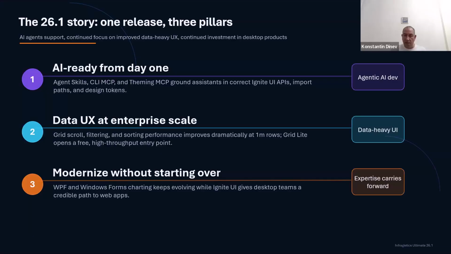But at the same time, we make sure that if for any reason you need to move your applications from the traditional desktop world into a more modern web stack, you can do that without experiencing any pains. So the transition from WPF and WinForms to Ignite UI, let's say React, is now easier than ever. And by the way, AI agents also help with that,